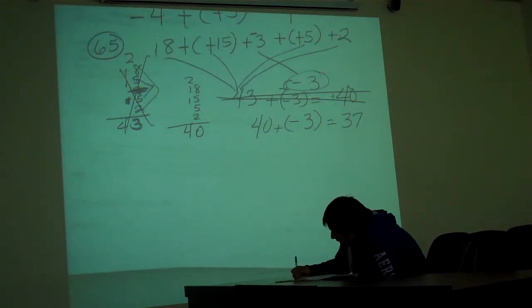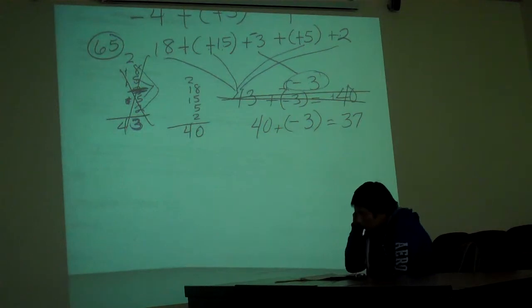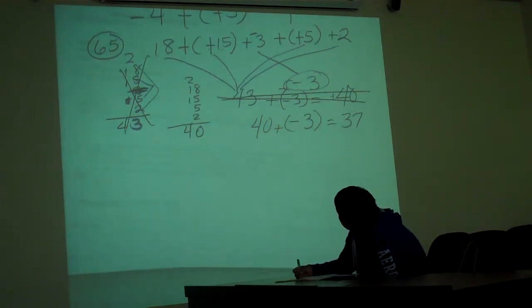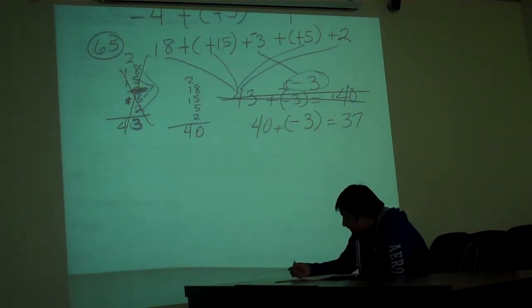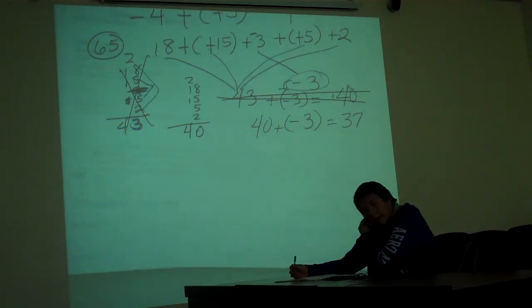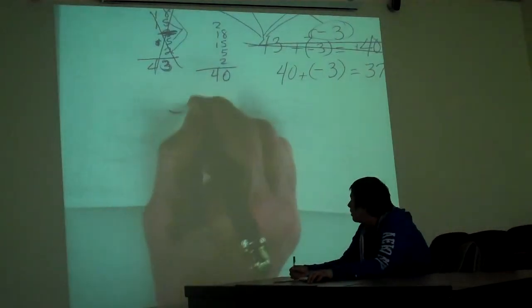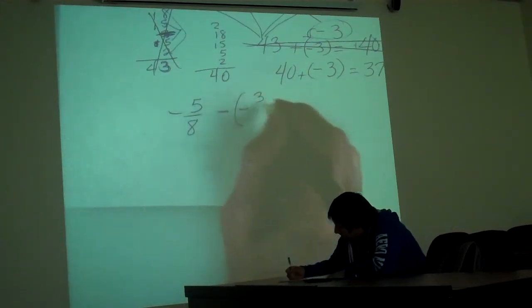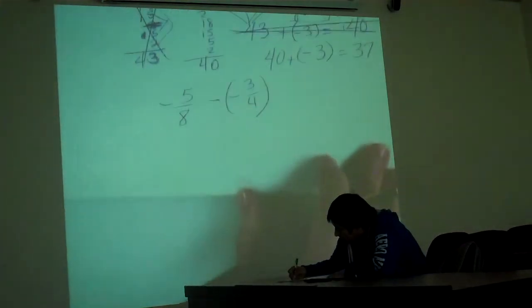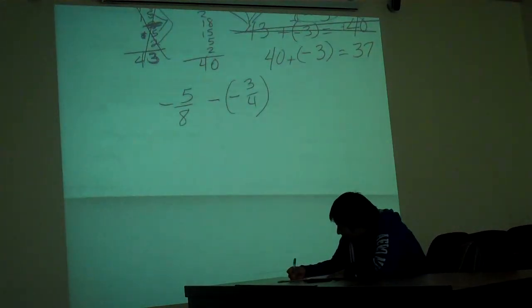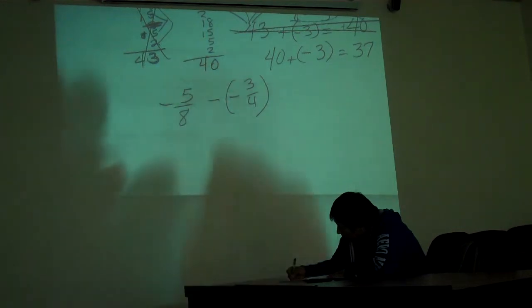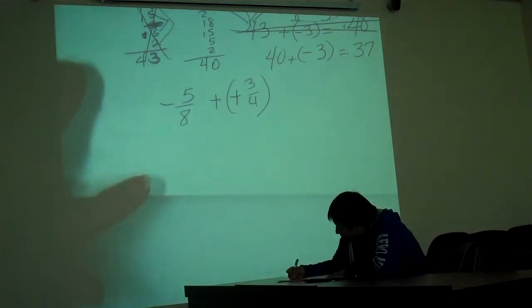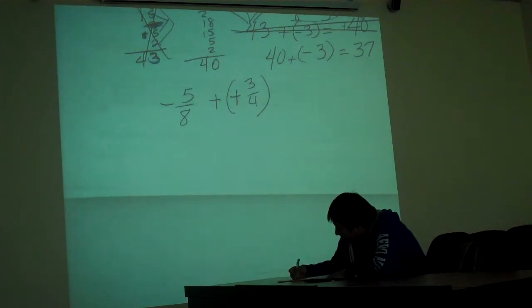Okay, you're going to use these same rules with fractions. Same rules with decimals. You still look at the signs. Let's do a fraction one. Number 45 says negative 5/8 minus negative 3/4. Okay, still, you want to change minus negative to plus positive. Okay, we're adding a negative and a positive,